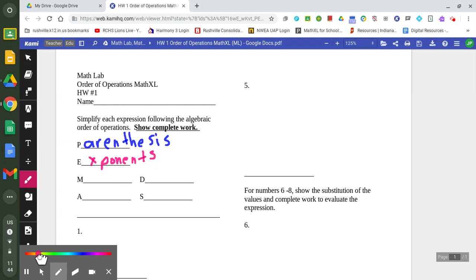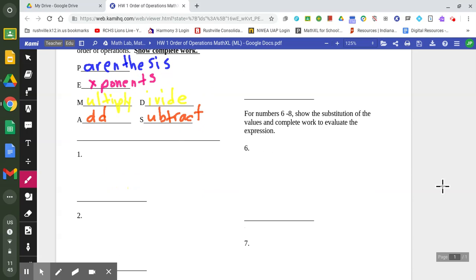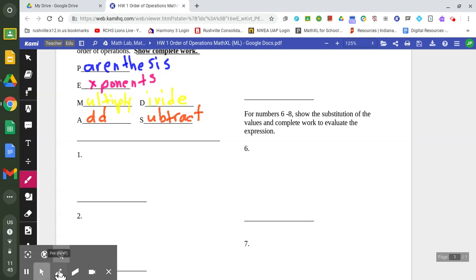Then we have multiply and divide, which are on the same line, and we go left to right just like you read. And then we have add and subtract last, and those are on the same line, and we go left to right. So you will be getting examples such as